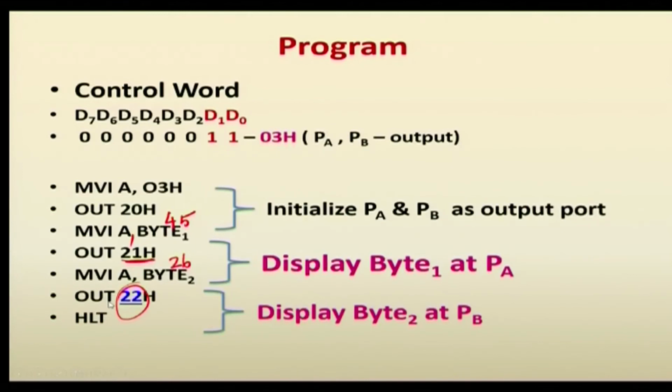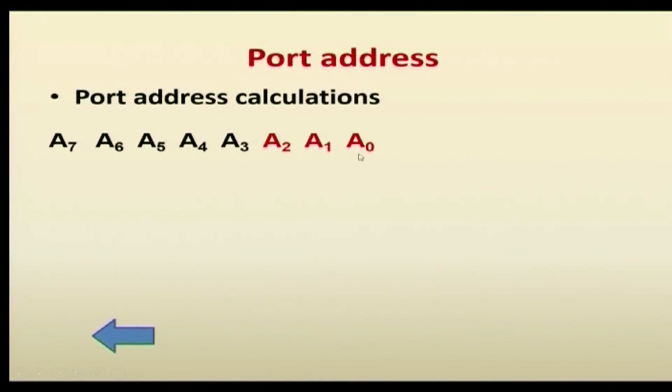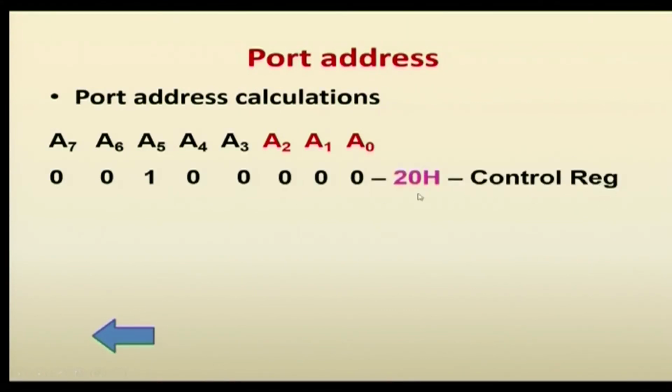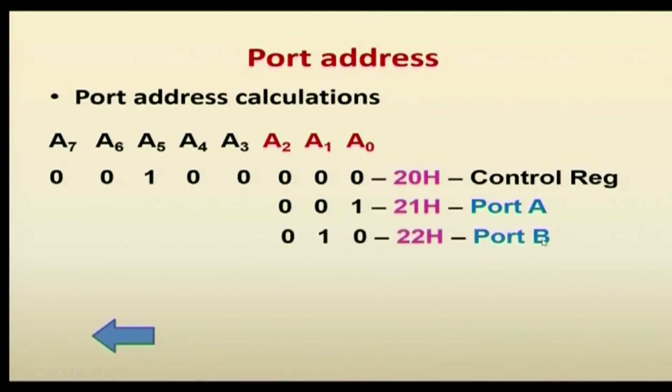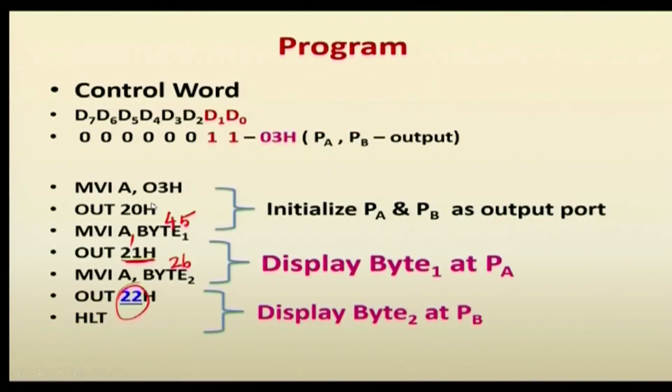So, how we are using this address is based on the interfacing diagram. Here we have 8 address lines A0 to A7. Among that, these unused address lines are connected to the decoder. So, based on that the value is 00100. When these 3 values are 0, this is our required value for the control register, which is the first value 20. Then for port A we have to use the value 21. For port B we have to use the value 22. So, these 3 values are very important to write the program.